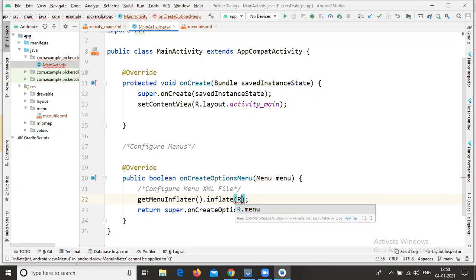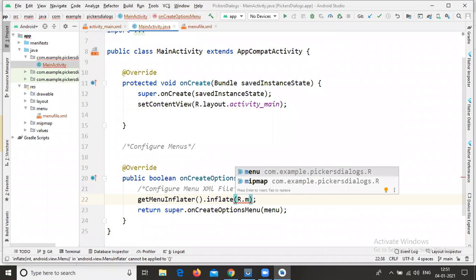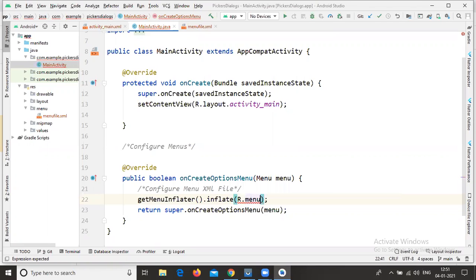So R dot, because the menu XML file is available inside our menu directory, which is in our res folder. R means resource. That's why I am calling R.menu, the directory name dot your file name. My XML file name is menu file.